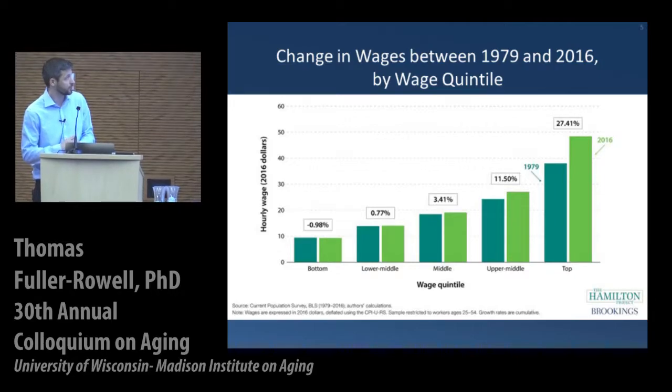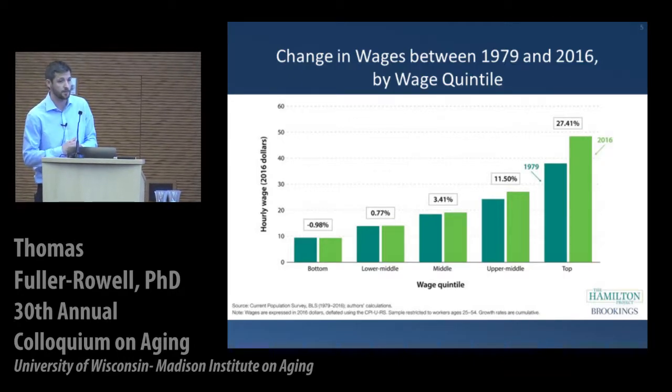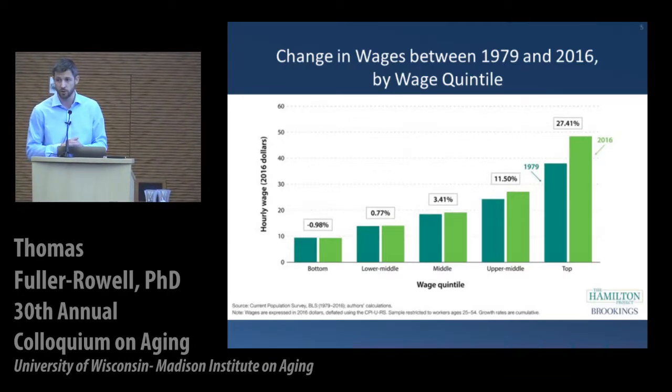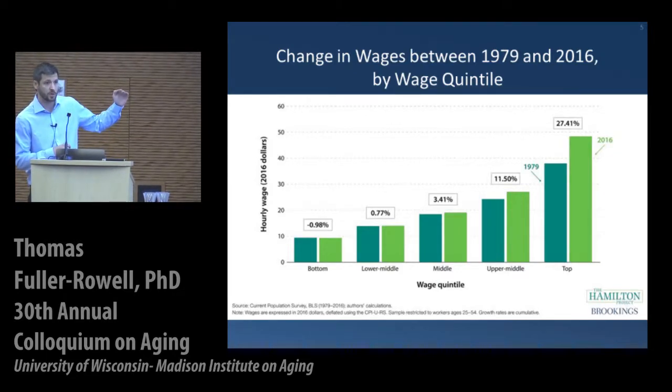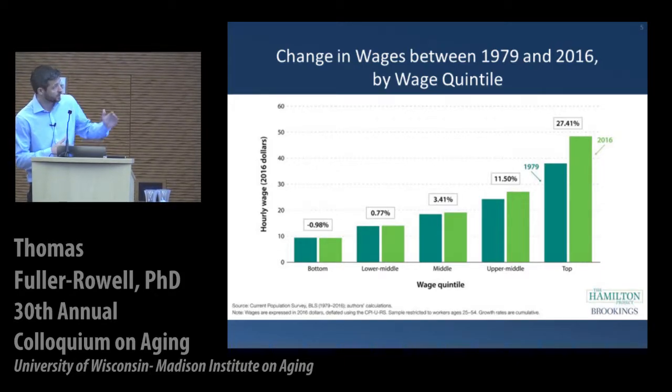So adjusting for inflation, we see very little change for the bottom 60% in individual wages. And again, this is in contrast to the top 20% who've seen this 27% increase in their wages, with that second group again showing some increases, but not really close to the top 20%. So a pretty similar story overall for wages as we saw for income.